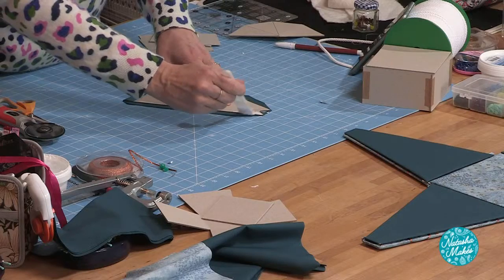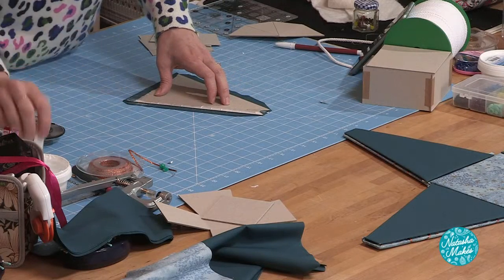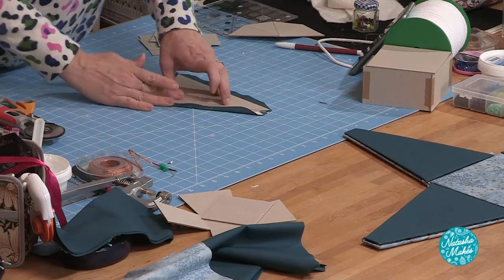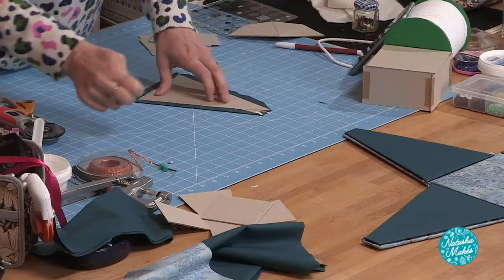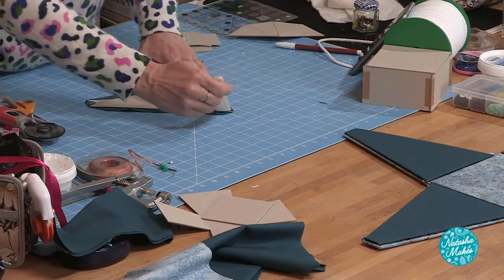Now the glue is like, I don't know, do you remember the PVA glue that you used to use at school in terms of how it comes off? So it just sort of rubs off. So I can see I've got a little bit on my cutting mat there. I'm not worried, that will just come off later once it's dry. But if you're worried, just put down a little sheet of baking,